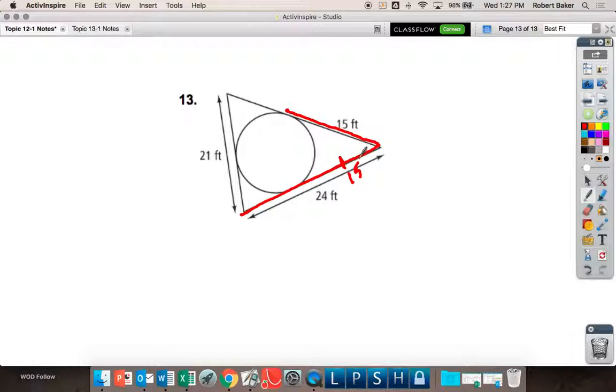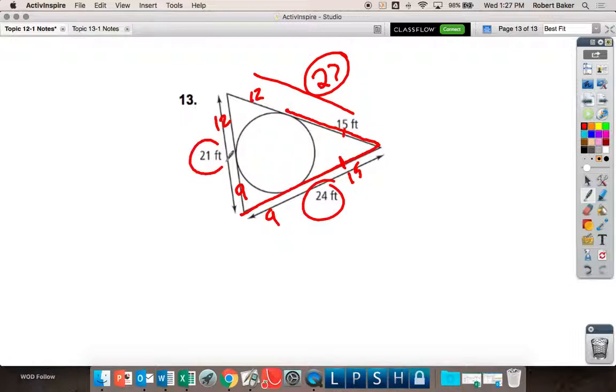That's 15. So that means there's 9 left over because 9 and 15 make 24. So this is 9. So that one has to be 12. So because that one's 12, that one's 12, this one's 12. So this whole side is 27, and then 27, 24, and 21 make